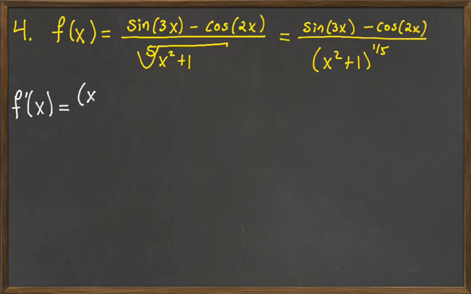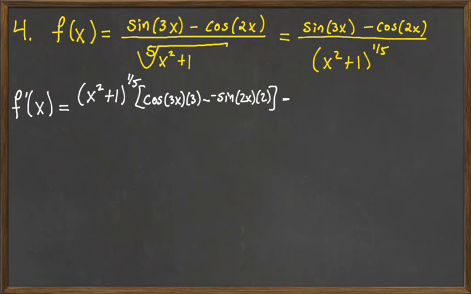So it's going to be the low function, x squared plus 1 to the 1/5 power, times the derivative of the top. Derivative of sine is cosine, so it'll be cosine of the argument 3x. Derivative of 3x is 3, so there's your chain rule. And then minus, the derivative of cosine is negative sine, so we subtract minus sine of 2x, and then we get a 2 by the chain rule. So there's your low d high, and then minus the high function